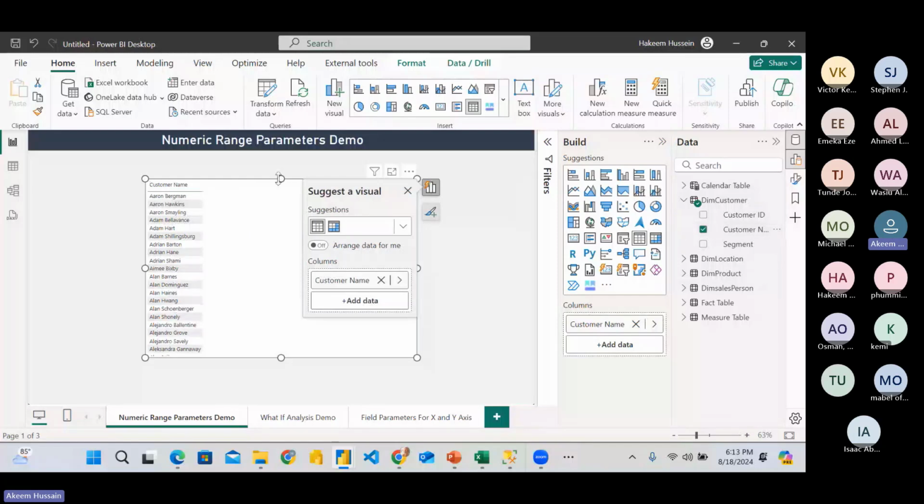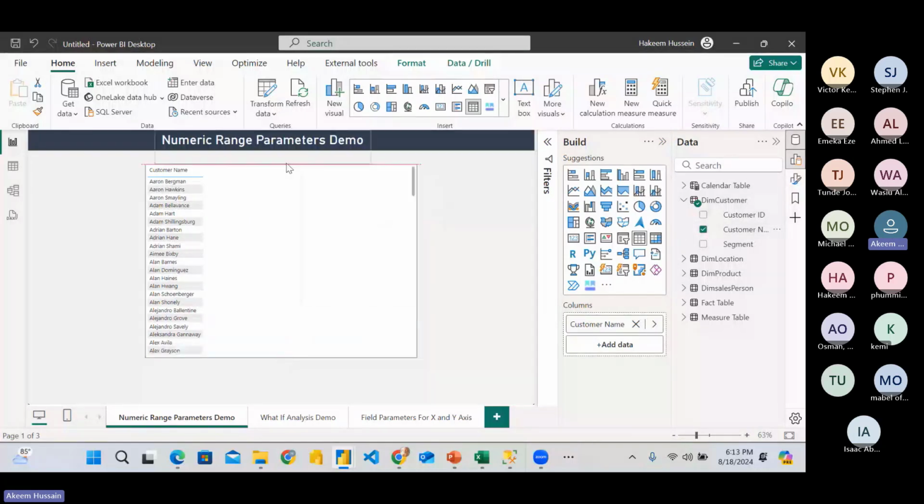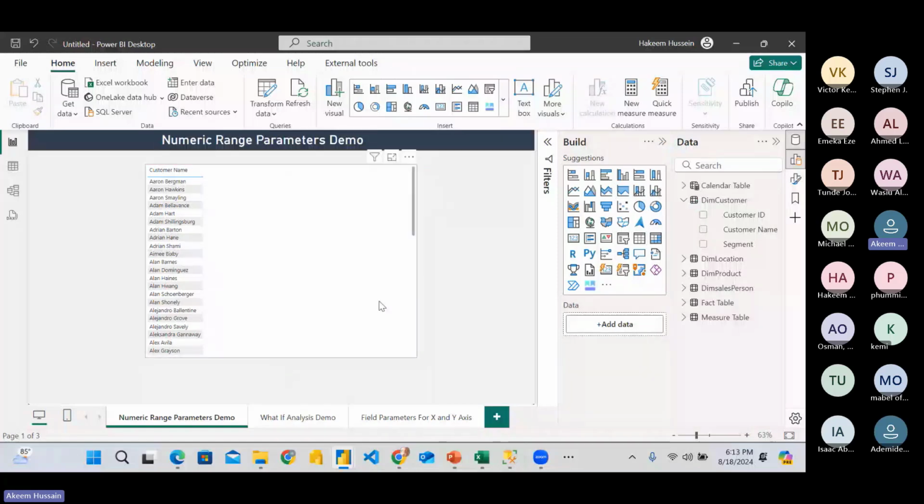And what we essentially want to achieve by the end of the day is we want to be able to filter these customers based on a certain criteria. Okay, so the criteria that we're going to use in this case, let us create it. The first criteria I want to use to rank these customers is the sales value. Okay, so for me to be able to create the sales value, I have to work with my